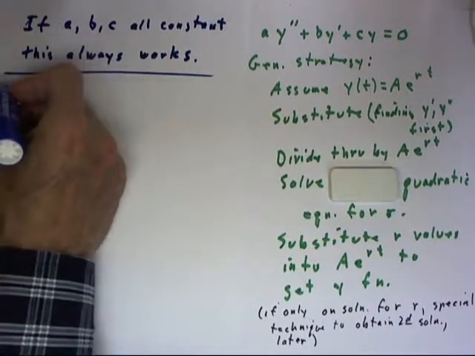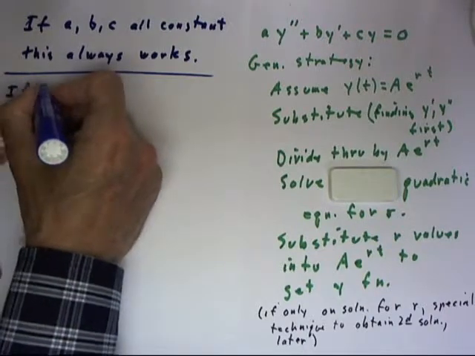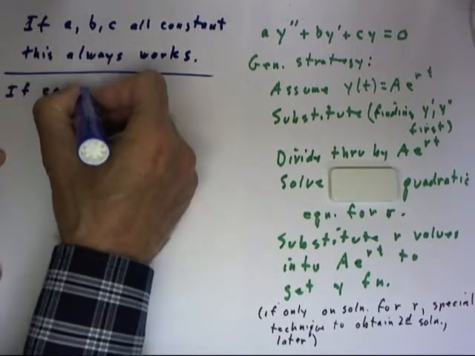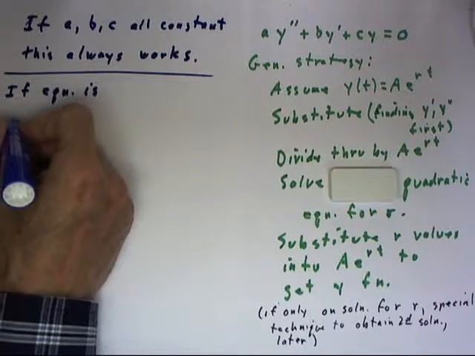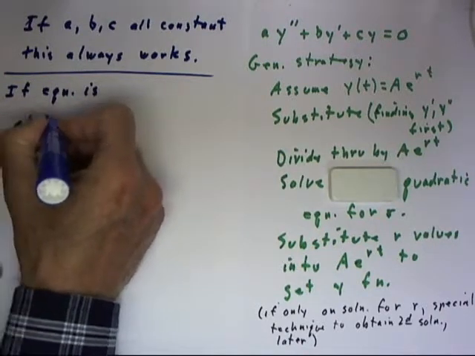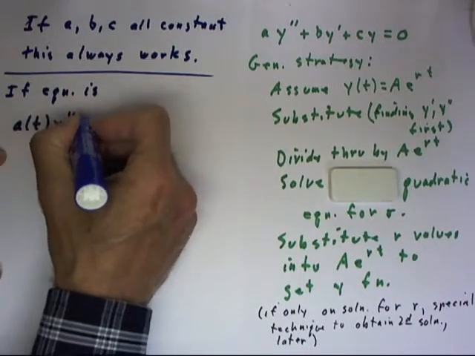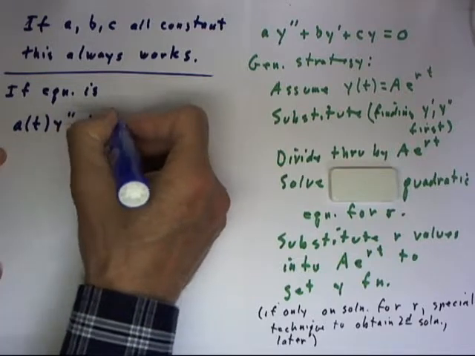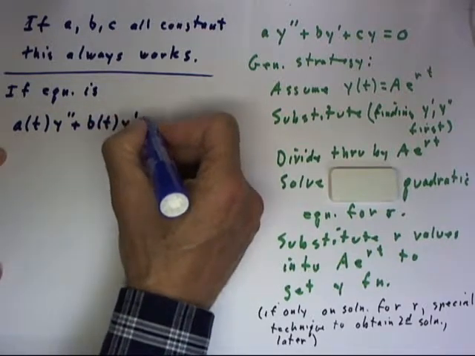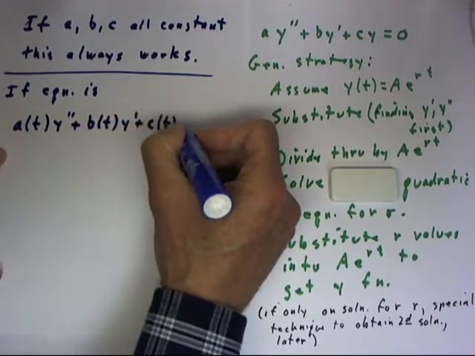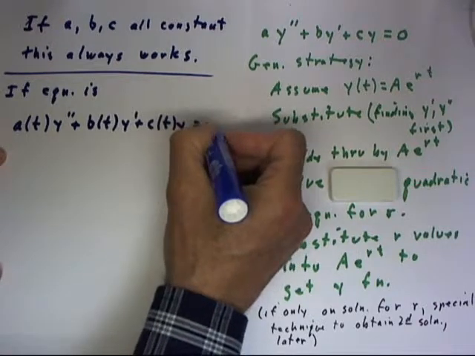Now, if the equation is of this form, a of t y double prime plus b of t y prime plus c of t y equals 0,